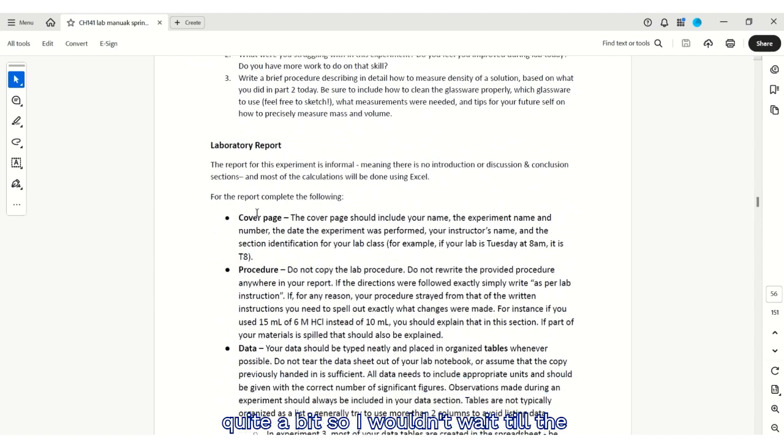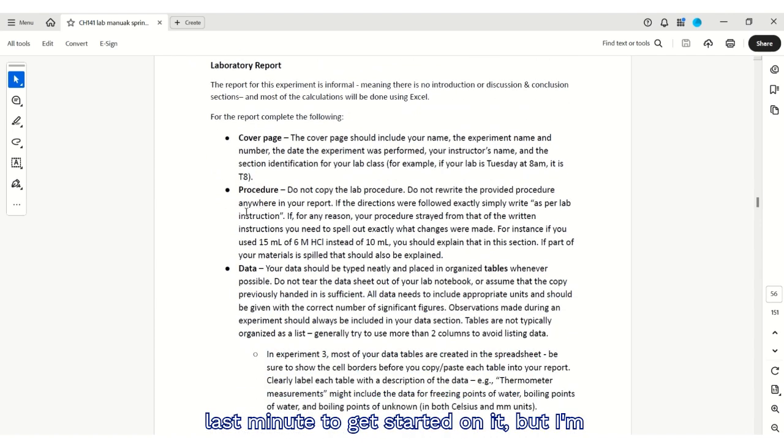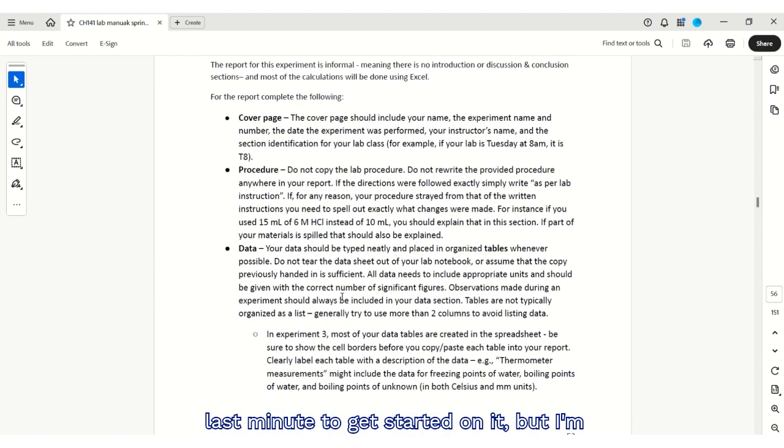And it's quite a bit, so I wouldn't wait till the last minute to get started on it. I'm on page 52 of the spring 2025 version of the lab manual, and we can see we need a cover page. Your procedure section should be very, very short, and essentially it's just going to be this little section